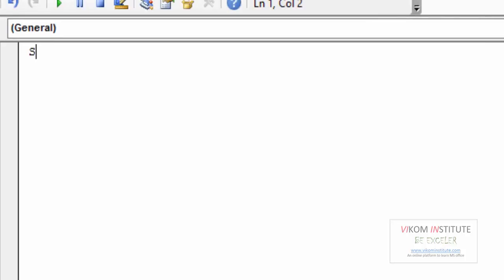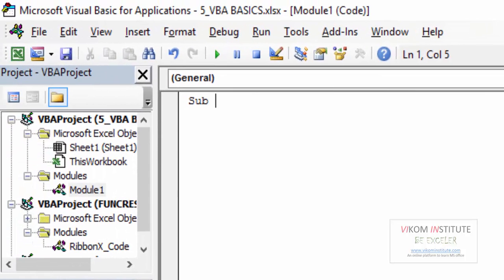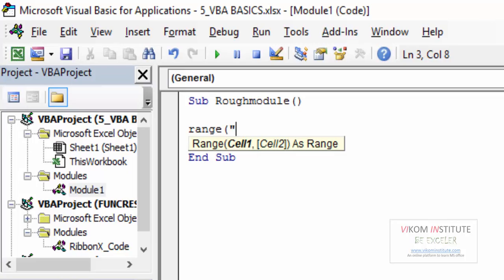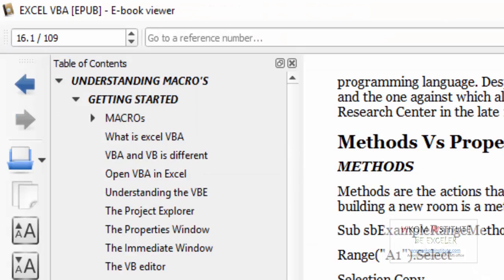So let me write a module. I'm not teaching you the module right now, I'm just teaching you the VB basics, so be patient. Rough module, open parentheses, close parentheses, then enter. So I'm writing this Range A1, close parentheses, then select. So method,